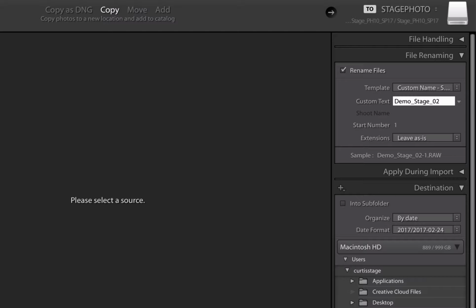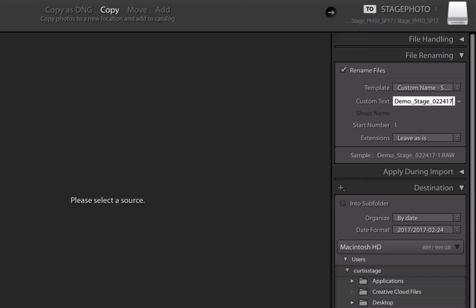Actually, we'll just leave it like that, 02/24/17. So this gives us our date, and you can separate those out if you want to, but it starts getting pretty long if you put a bunch of dashes or underscores in there. So anyways, I like to have the date on there. 02/17 would be February 17th, right? Or 02 and then the date 24/17 would give us our